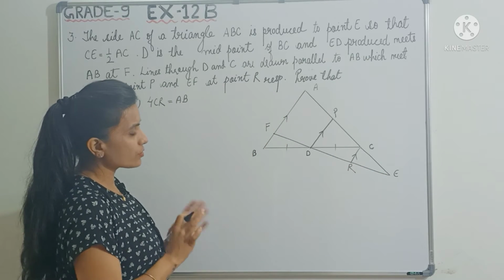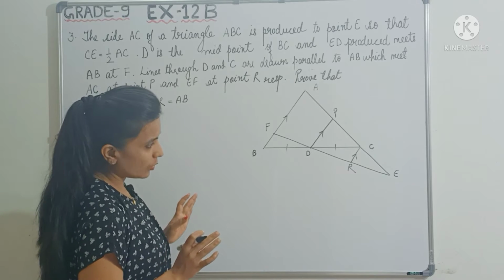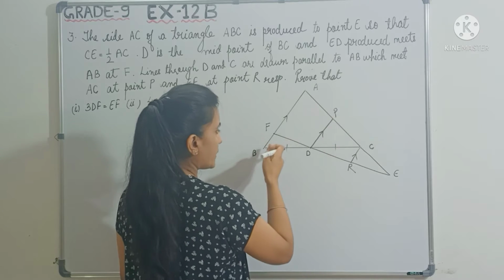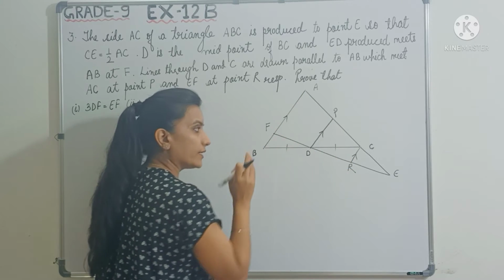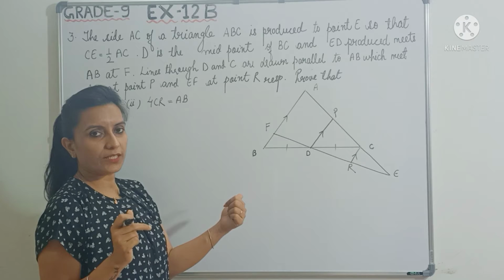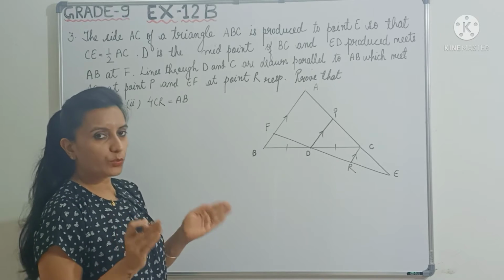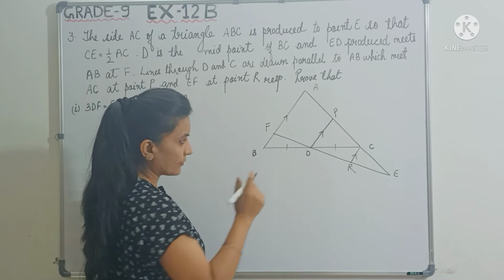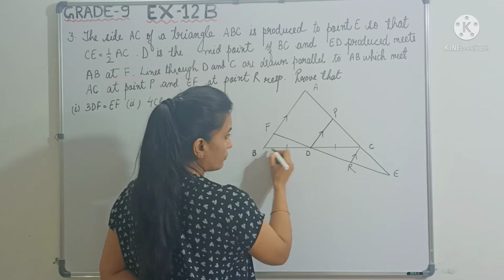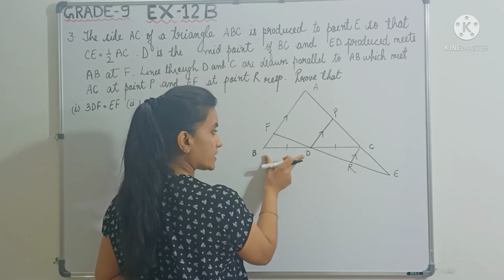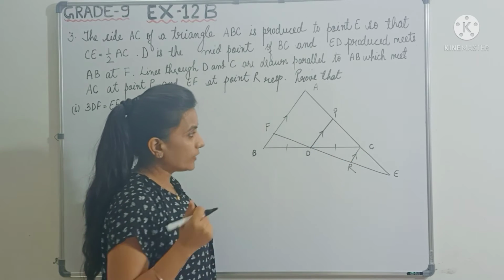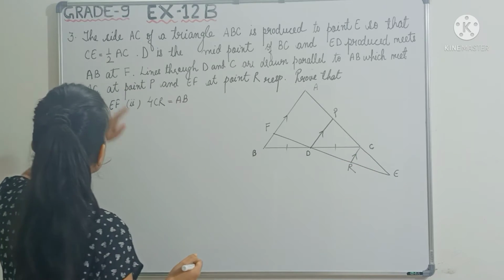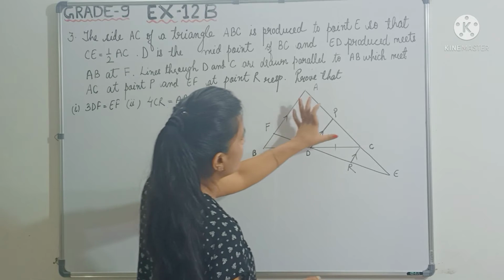Alright. So let's quickly see what is given in the question. It's given that RC is parallel to DP is parallel to BA. So 3 parallel lines are given. So this itself gives you a hint that yes, we are going to use equal intercept theorem here. Alright, what else is given? D is the midpoint of BC. Okay, so BD is equal to DC. What else is given? CE. They have given some information about CE. Yes, CE is equal to half of AC.